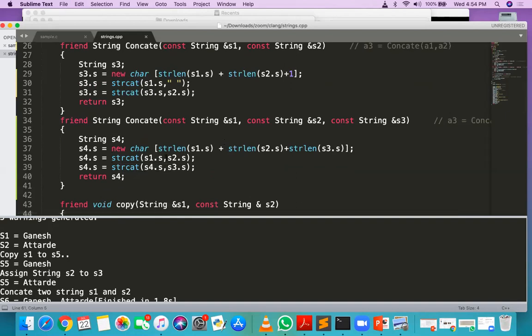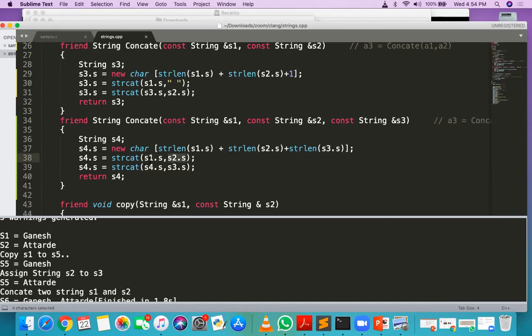In strcat, actually what happened here? S1 dot S, but it should not actually be modified. S1 dot S and S2 dot S. S1 dot S is Ganesh, S2 dot S is Attarde.